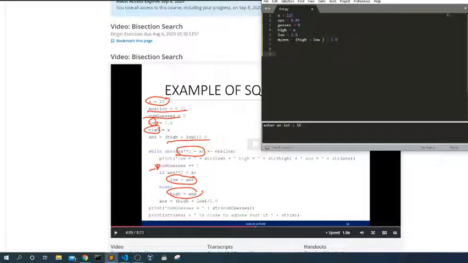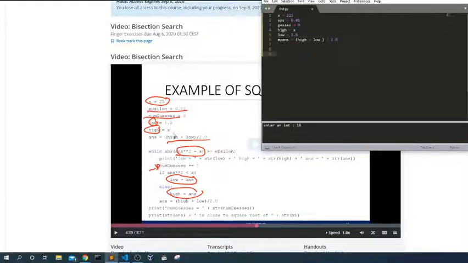So now he's taking the absolute value of the square root minus, so the square root of the sum of this and this. So wait, this is the middle.